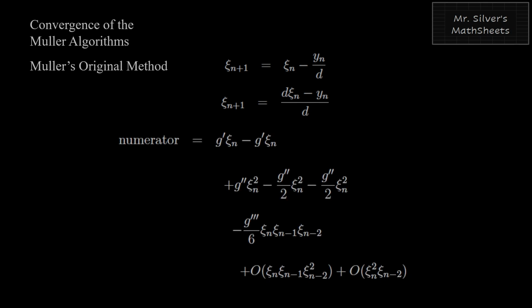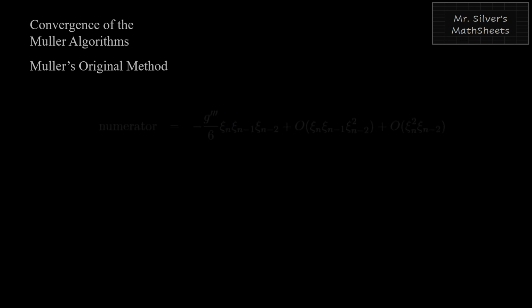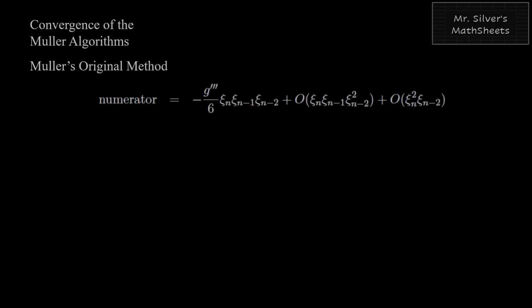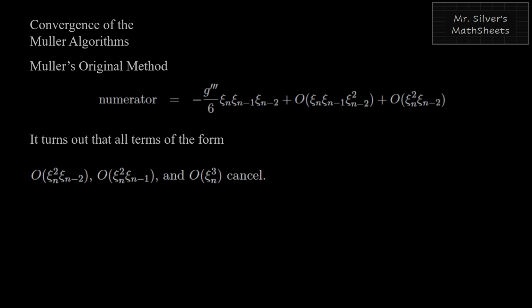And look at that, the numerator, well, the g prime xi_n terms cancel, they always cancel in everybody's method. But the second order terms, they all cancel. This is different. All the second order terms cancel. It looks like an amazing coincidence, but that's what turns out to be, and the coincidence goes further. All the third order terms except the one you see there cancel. There's a deep reason for that. Won't go in for that, but